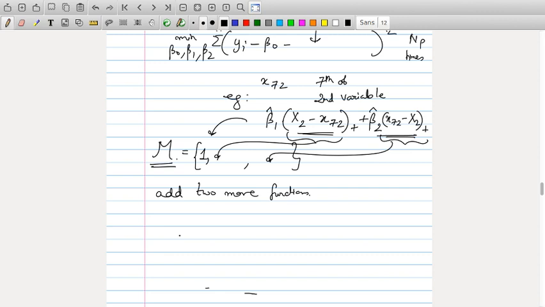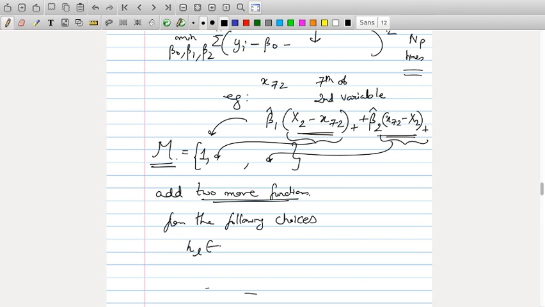To add 2 more functions, these are my choices. In the first set, I had n times p choices, right? Those were all the potential functions I could have added. Every one I checked, and I added the one which had the lowest residual sum of squares. Now I'm gonna call what choices I have from the following. Add 2 more functions from the following choices, which is going to be